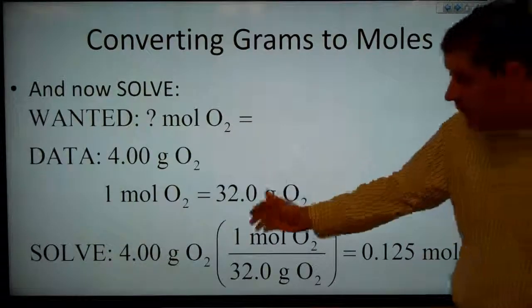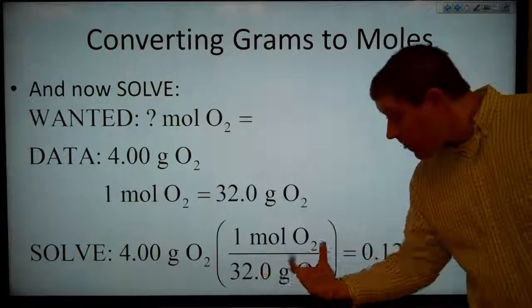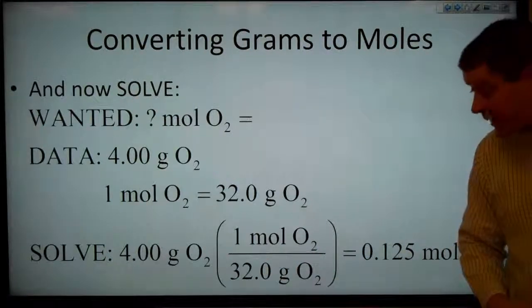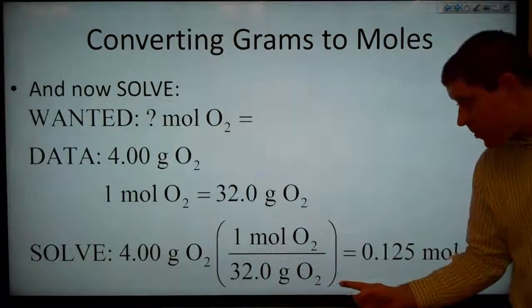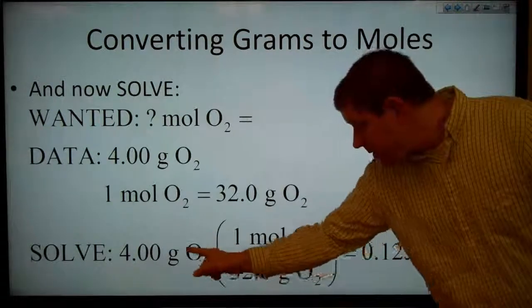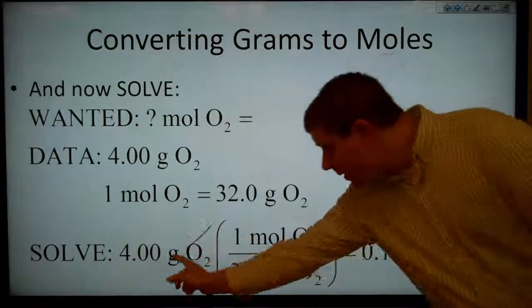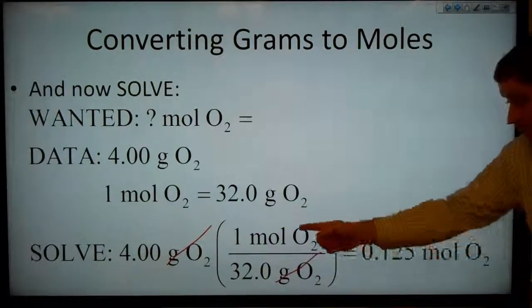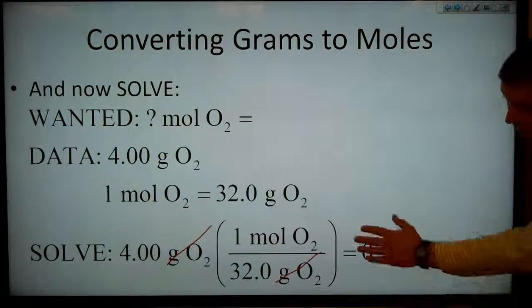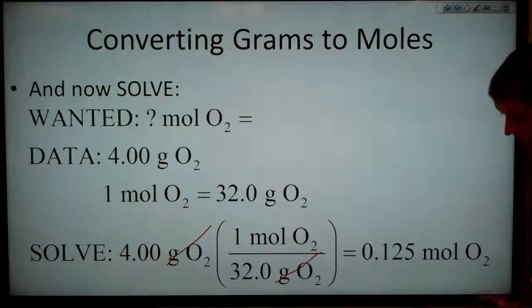And now we can solve it. So we write our given, 4.00 grams of O2. Now we have our conversion factor. We know that 32.0 grams of O2 gives 1 mole of O2. And we have grams here, so we need grams in the denominator, in the bottom there. And now our grams of O2 will cancel, and we will be left with moles of O2. And then we have 4.0 times 1 divided by 32.0,